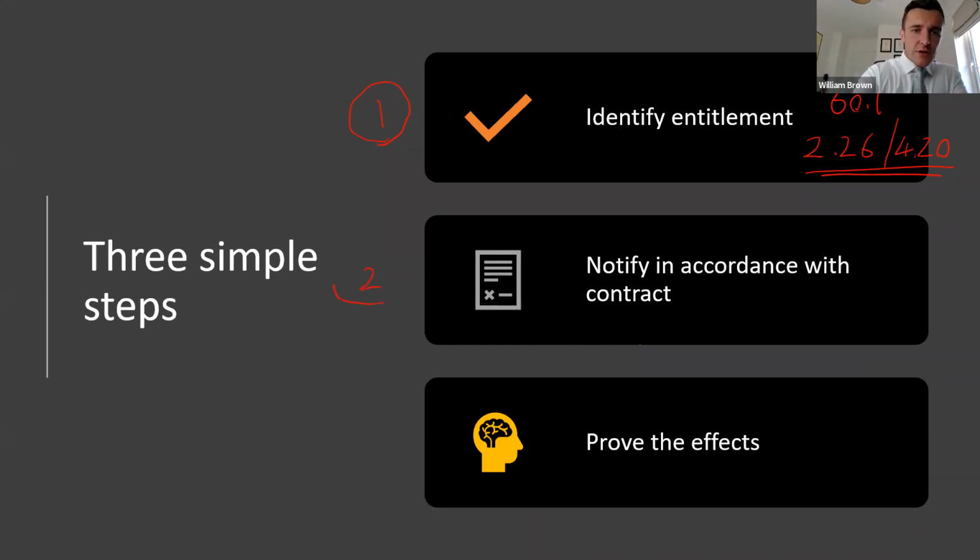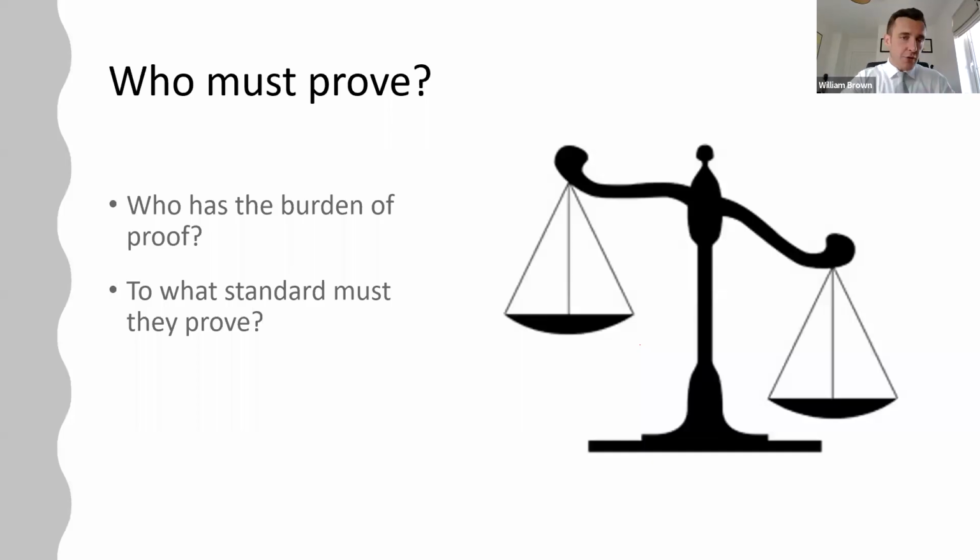The second thing you must do is make sure that you have notified it correctly. We talked about that legal phrase earlier of a condition precedent, that term of a contract that requires you to do something before you're entitled to something else. So make sure that you're correctly notifying will be the second point. And then the third thing, once you've got over those procedural hurdles, you actually get into where the work is, and that is actually proving the effects and proving with reference to adequate records how much the event has cost you. So this then leads us into this very important topic of the burden and standard of proof.